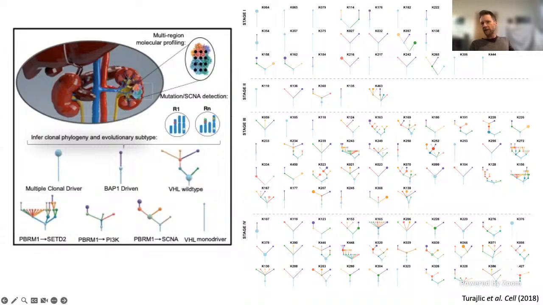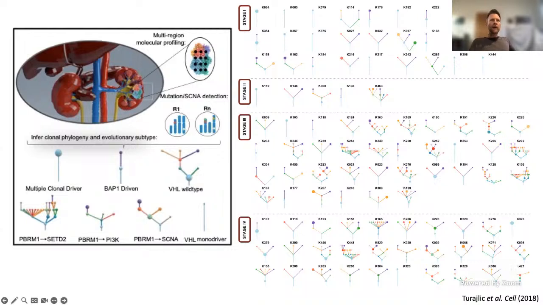Now, this is from 2018. There are more recent data sets, which we also now have access to with hundreds of patients. This is a fantastic resource. And what you can see here is that in the layout of these trees from top to bottom, there is something of a pattern. They're split here into rows, which are stage 1, stage 2, stage 3, and stage 4, as I've highlighted here. And the general pattern you might notice is that as we go down from stage 1 to stage 4, the trees tend to get a bit more complicated, which means the tumors are getting a bit more diverse. The trees are getting more branched.